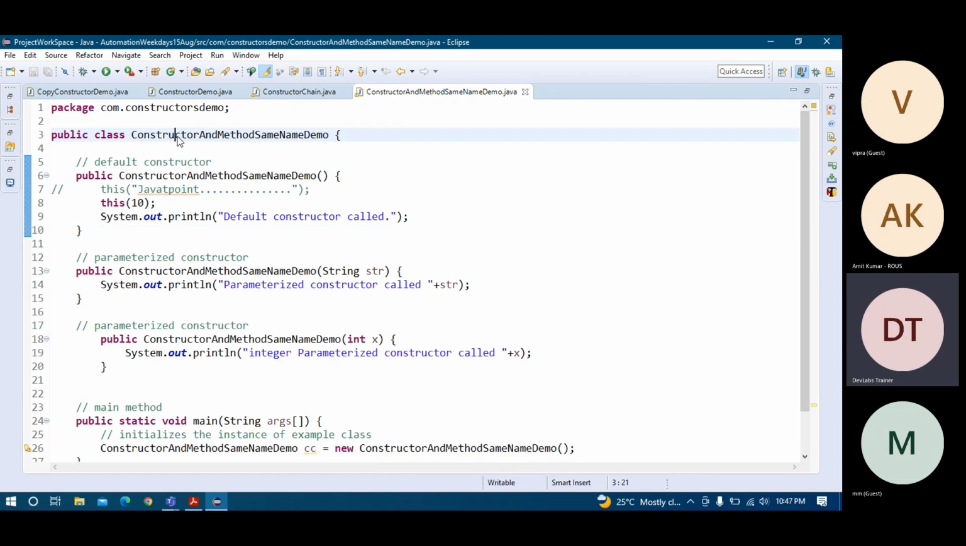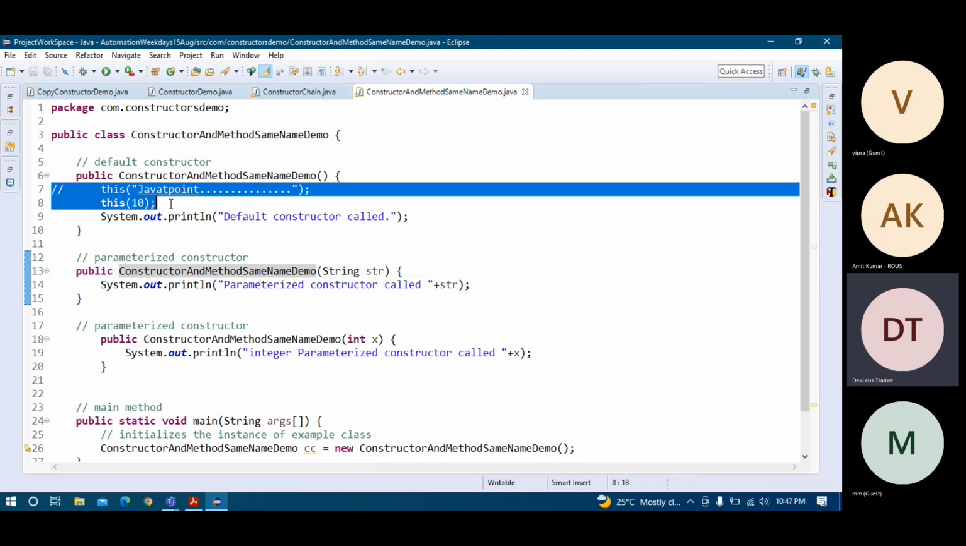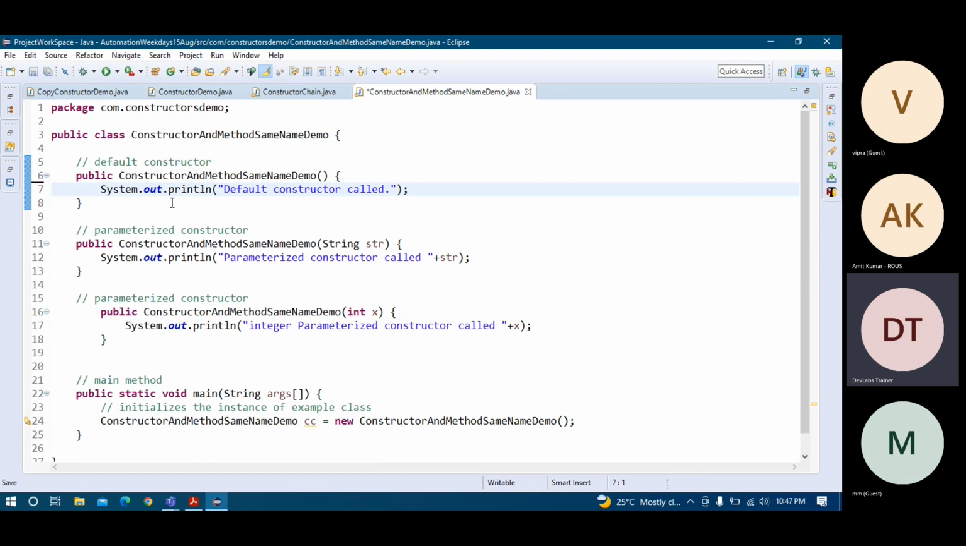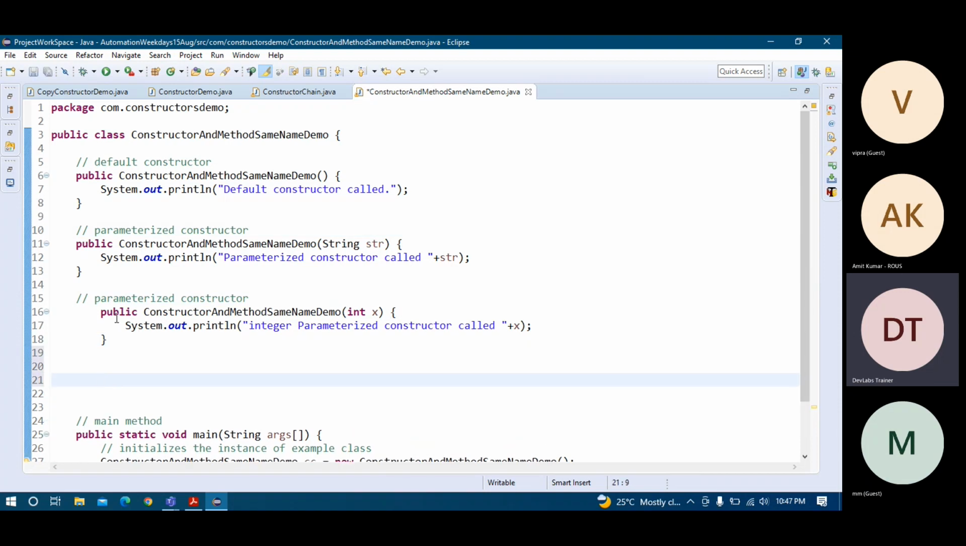You can see here the class name is this one. This is also a constructor, this is also a constructor, this is also. So this is not needed, let me remove this part, because I want to show you a different demo. This is a parameterized constructor, and this is also a parameterized constructor. Now I'm going to create one method. How to create a method? You know, public void I'm taking, and